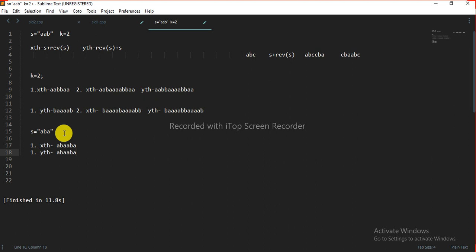So what we are seeing in this example is that if the string is a palindrome, then whether we do the xth operation or the yth operation, the string is the same. Why? Because initially the string is a palindrome, so if we perform any operation on it, it will remain a palindrome, and we will not get any different strings.